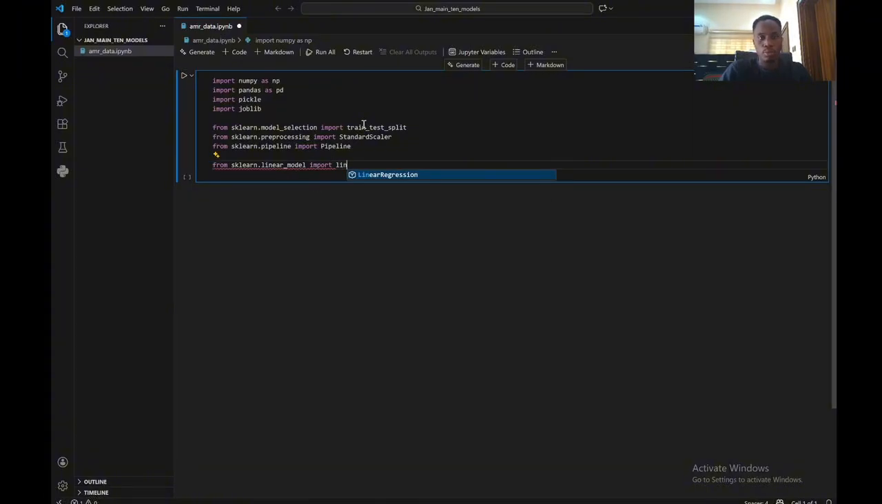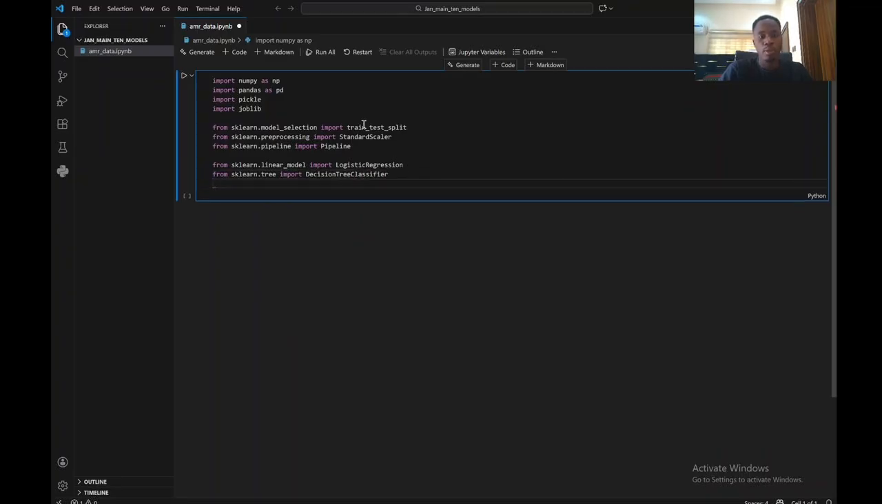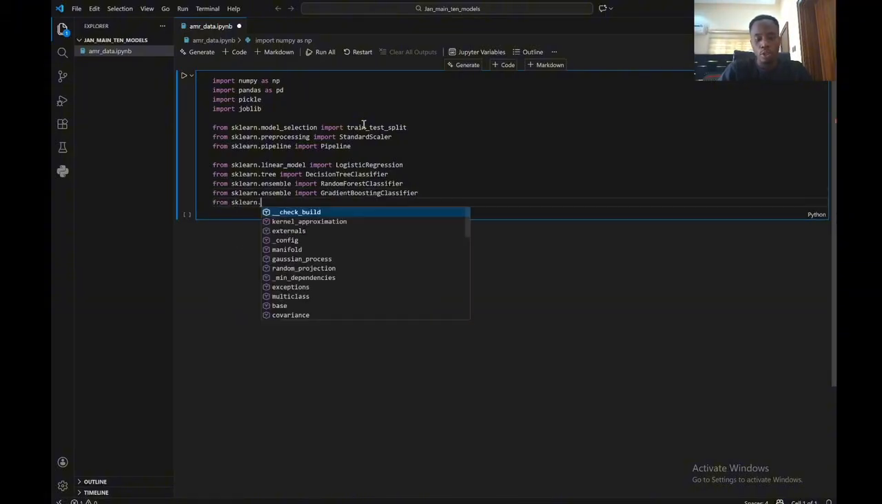Okay, so linear, no, this is going to be logistic. Then from sklearn.tree we'll import the decision tree classifier. I think that's what we're going to work with now. From sklearn.ensemble we're going to import the random forest classifier, and from sklearn.ensemble we're going to import the gradient boosting classifier, and then also from sklearn.naive_bayes